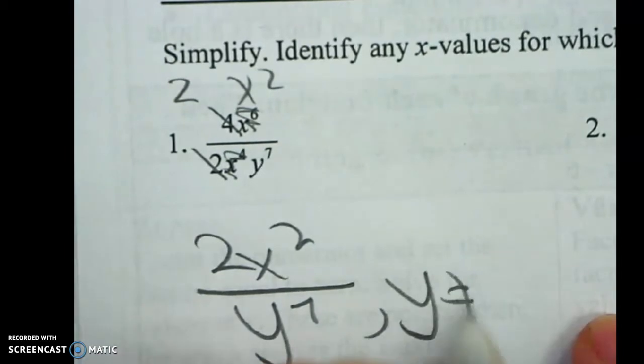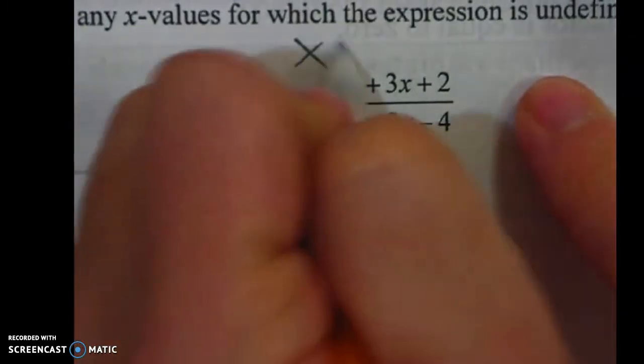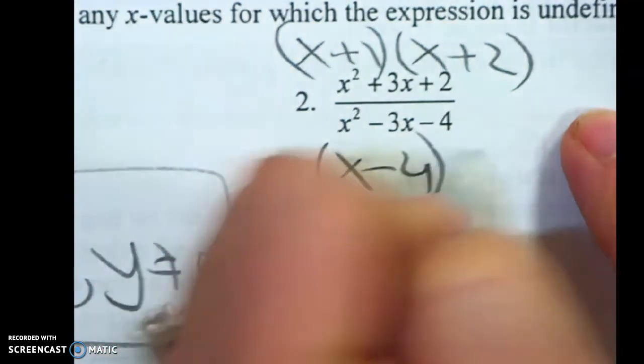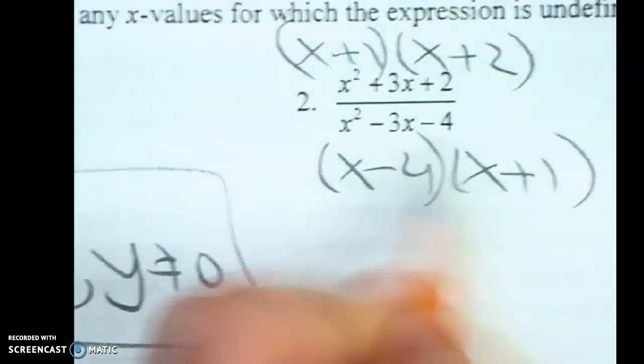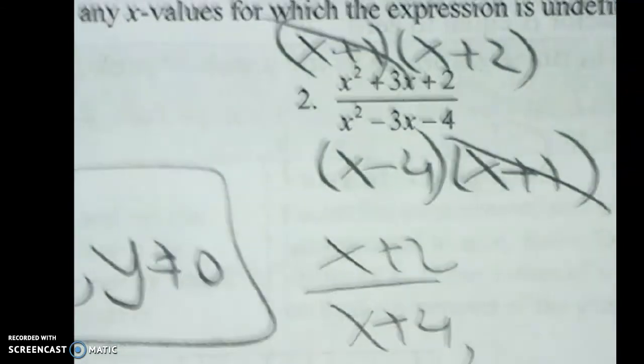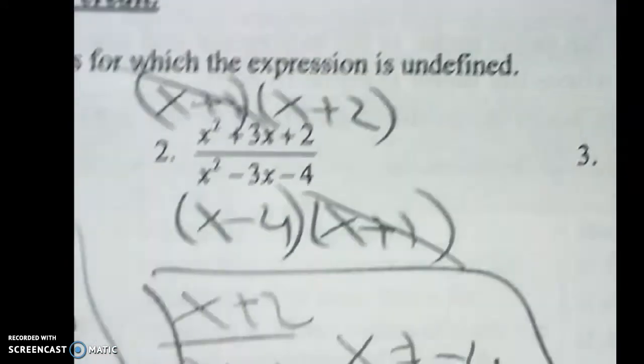Well, y cannot equal 0. Okay. Number 2, factor the top. If you copy this, you're not going to get better at factoring. You've got to practice your factoring and make sure you're good to go. This should just be checking and making sure you're no problem. Okay? Number 3,